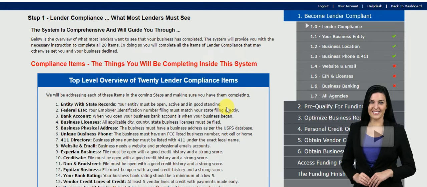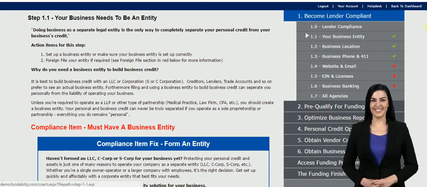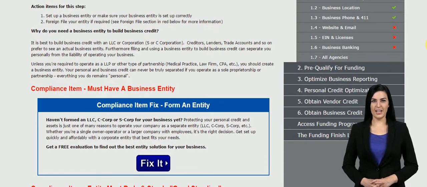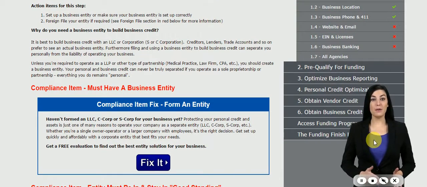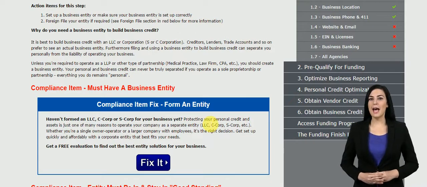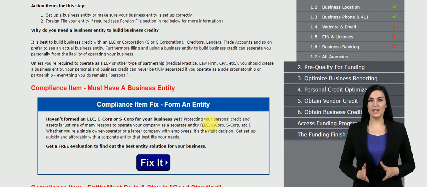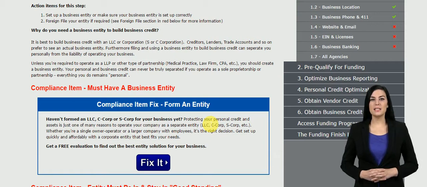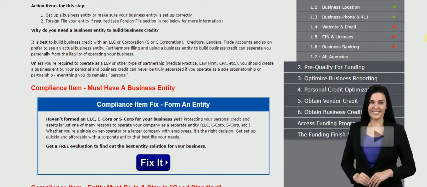First of all, every step that you do throughout the system, for example, your business entity. I'm just going to click on this real quick. The basic principle of business credit is that your business credit scores are separate from you personally. For that to happen, your business must be its own legal entity. That means your business must be either a corporation or an LLC, if you operate your business as a sole proprietor or partnership,